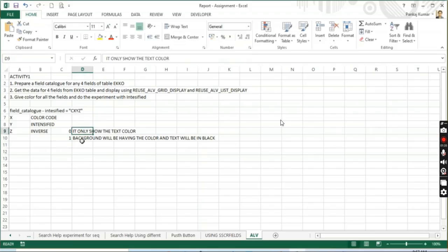Okay, 0, it only shows the text color. If you're going to give the 0, then it will give you the text color. Text, it will not change the background. That's what I mean to say. It will not change the background. If you're going to put the 1, that will get inverse, means your background will have the effect of the color. That's the meaning of inverse. Intensified,